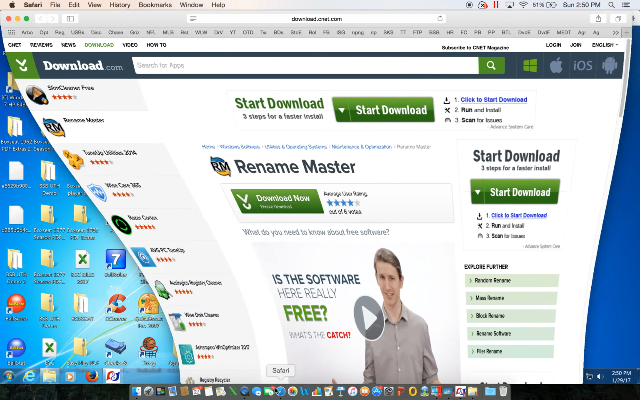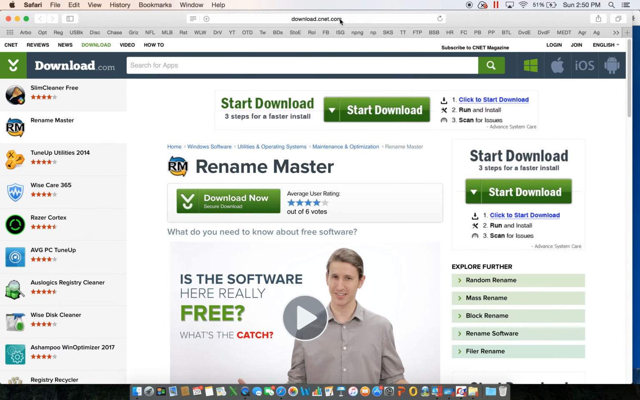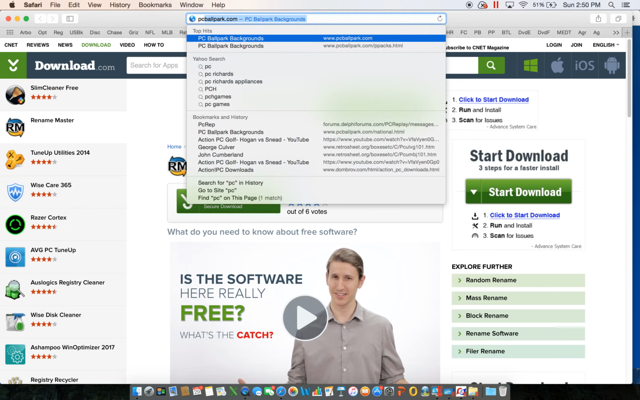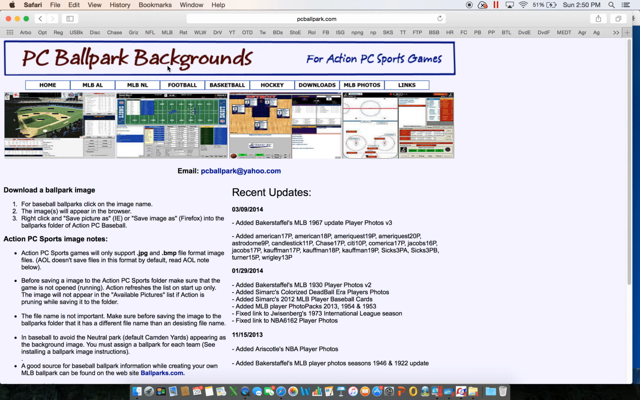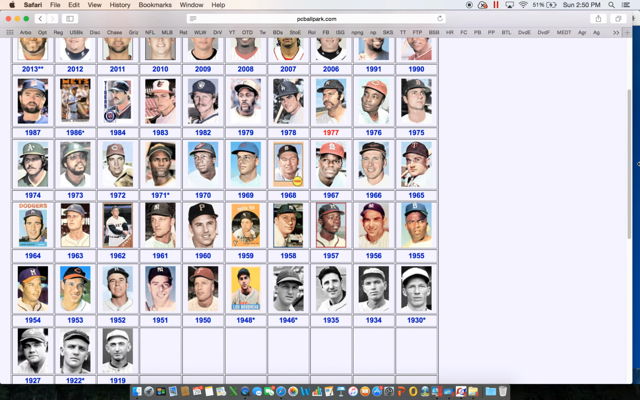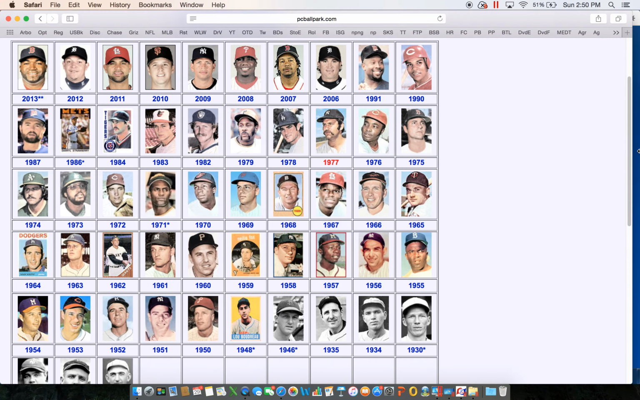All right, let's go back to the internet, and we'll type in here pcballpark.com. That's a great website to get pictures. So we click on that, and we're up to this website. Now we want Major League Baseball photos, and just about any season you want, you can get the pictures for that season. Let's say I wanted the 1970 season. I would click on 1970,